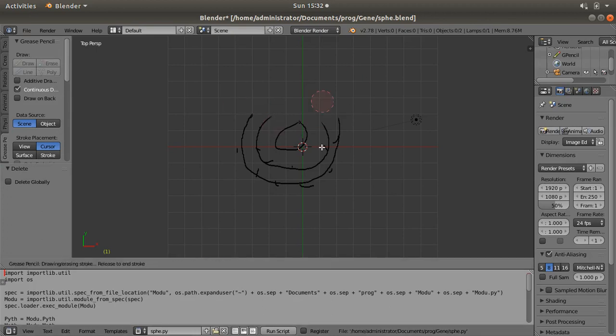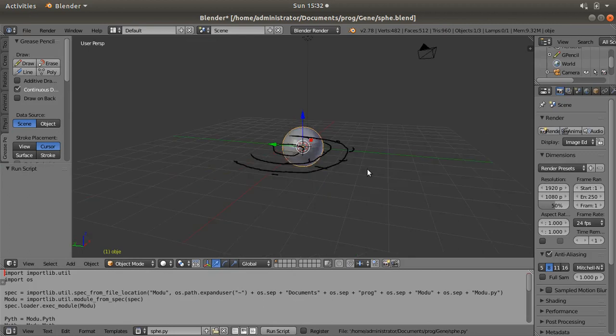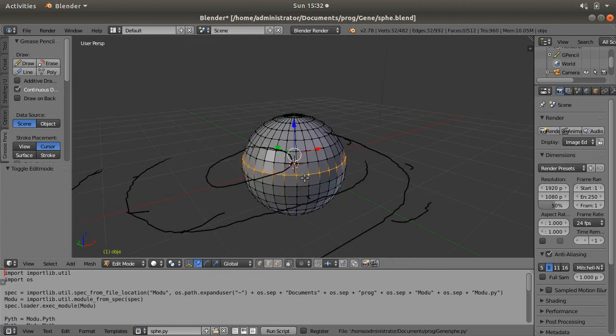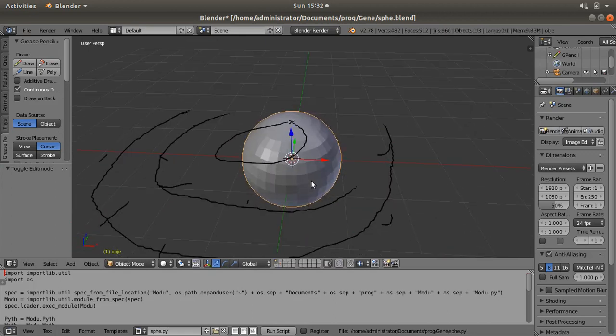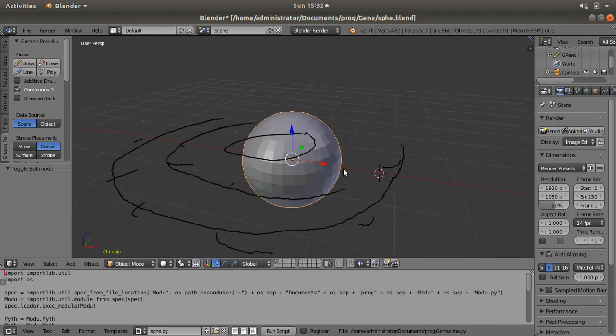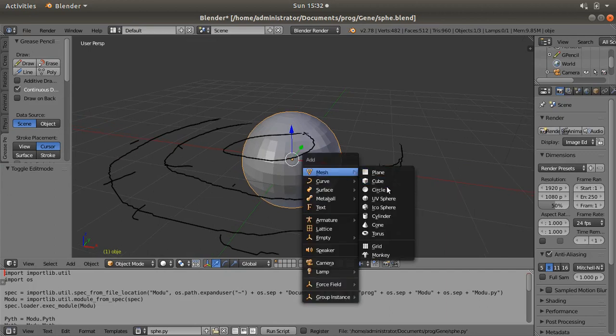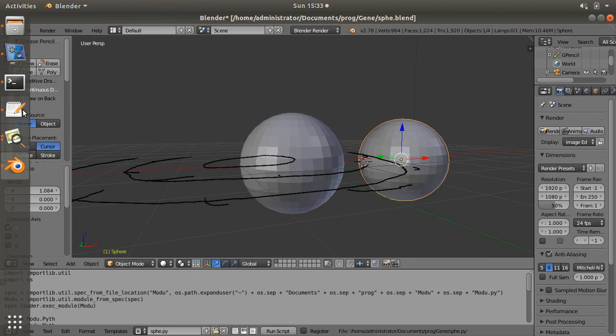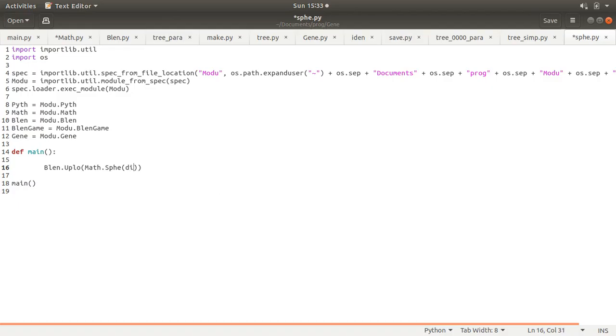So that'll generate a new sphere, with pretty much similar, if not identical, geometry to Blender's sphere. But if you set this distribution parameter to false,